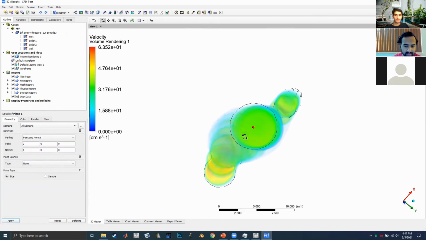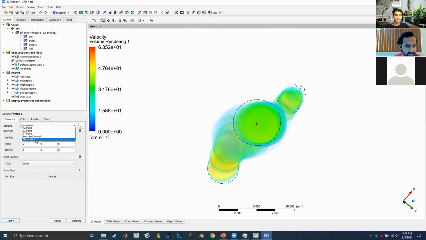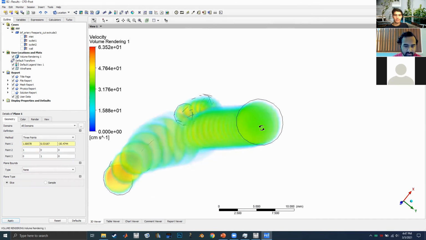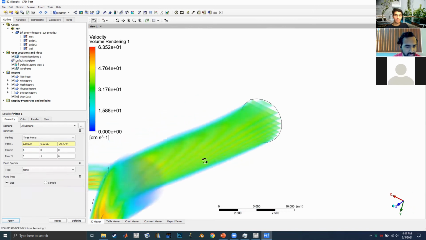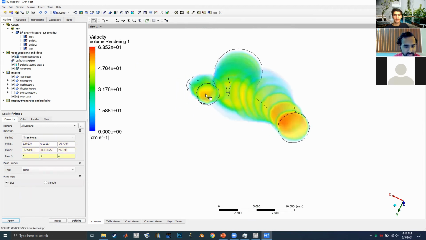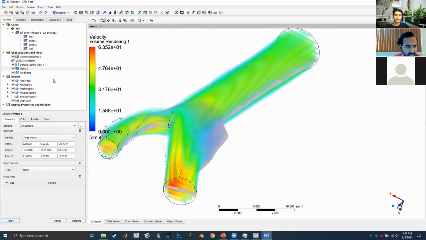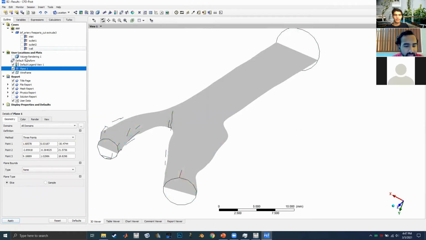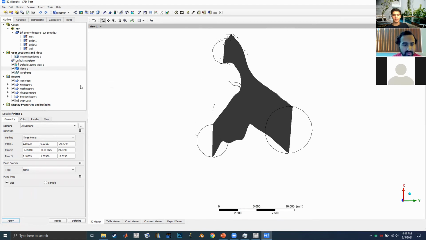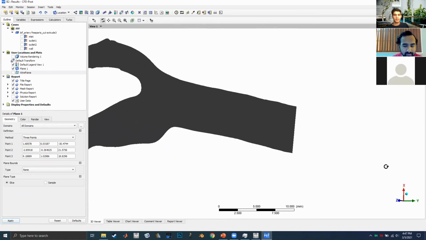And then we do cut like that. Pick one point there. Pick maybe this point right here. And maybe that point. Let's try to see what type of slice it makes. Nope. So you can see here, if I turn off this volume rendering, it made a plane that cut right through it. And what you can do now is, if I turn off the wireframe,